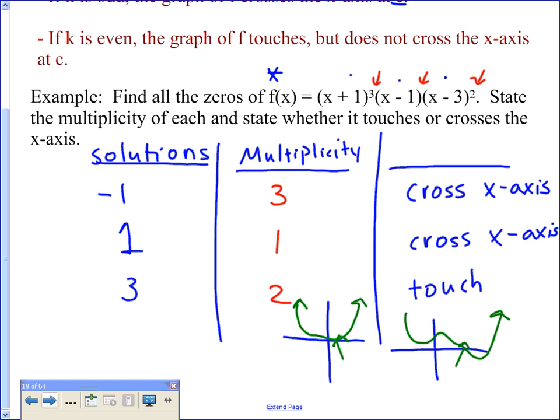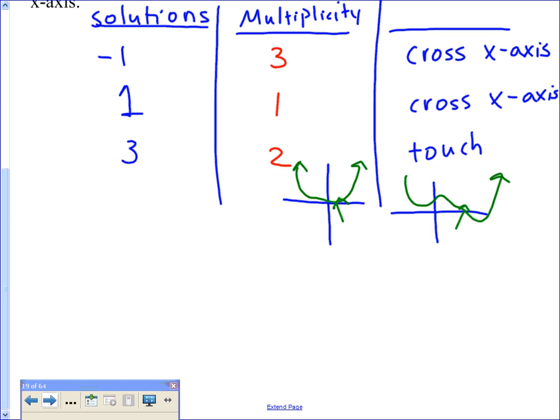So we could use the information that we found here to come up with a graph for this. So let's say, what do we know so far? We know at -1, it's actually going to cross it. So let's say that's -1, and it's going to cross it there. And then it's going to cross it again at +1. And then it's going to touch it at 3, which is down here. So that means that our graph might look something like